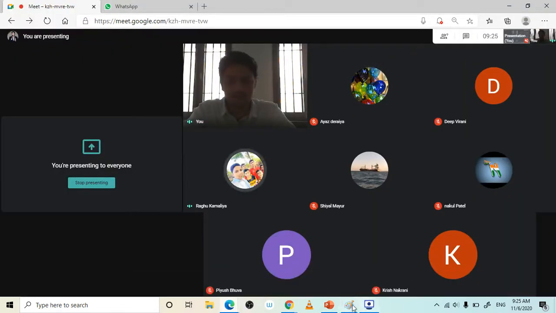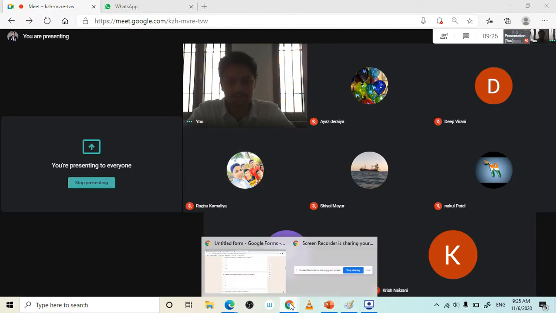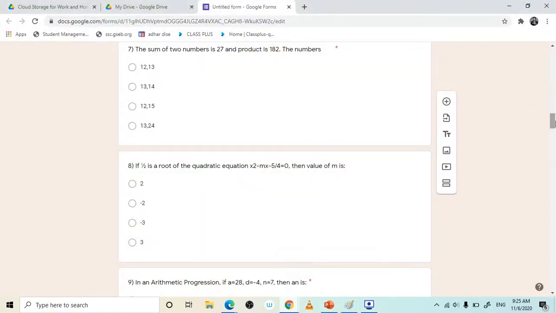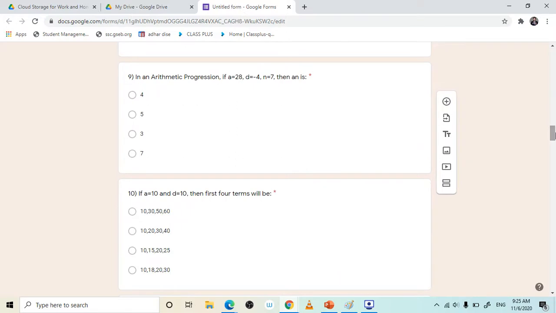And now, why is today's strength so less? Now here, arithmetic progression. A is given, D is given, N is given. Directly you have to apply the formula. Here I cannot write. One minute.